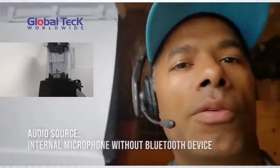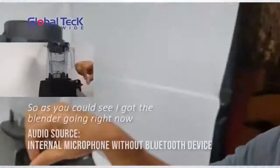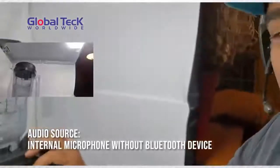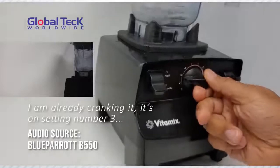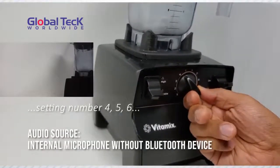So here we go. We'll turn this on, give that a whirl, and then we're going to crank it up into higher speeds, and we'll start off low. Here we go. All right, as you can see, I've got the blender going right now. I'm going to crank it up. I'm going to crank it up some more. I'm going to keep talking through this blender here, and I'm going to take it up so you can see. I am already cranking it. It's on setting number 3, taking it up to number